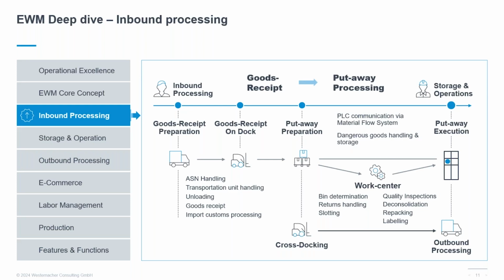As you can see, SAP EWM is process or layout driven. It's got all the needed capabilities to serve your industry processes. And by configuring processes, you can route different products depending on their different requirements. Some might need deconsolidation, some might need green laning because you trust the vendor. You can configure a different process and attach that process to different operations, and that will lead your operators down the